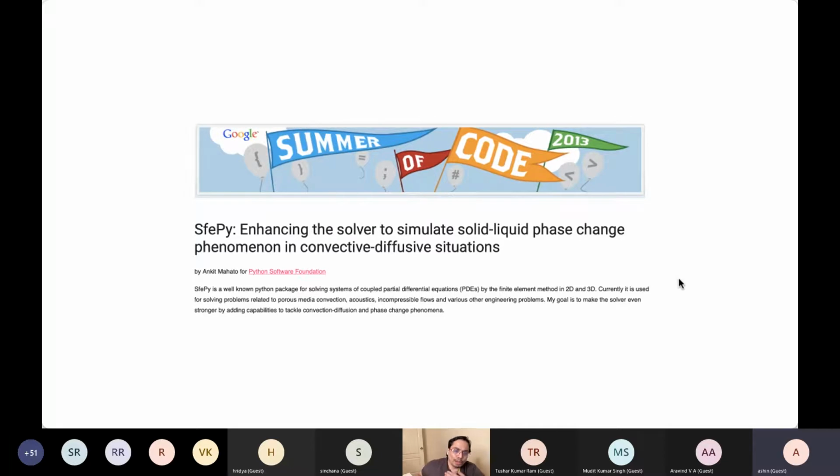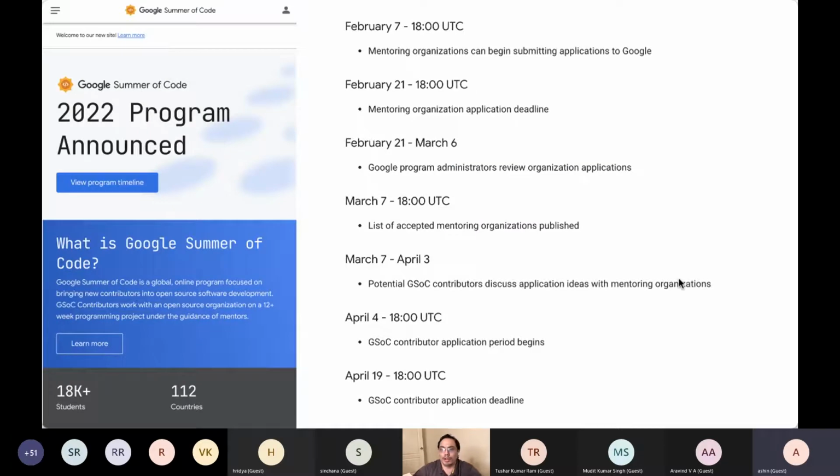So if you are familiar with GSOC, the 2022 program has been announced in Feb, in the first week. And they are right now accepting mentoring organizations. So if you are interested in making open source contributions and also earning while doing the same, now is the time. You can gear up, reach out,